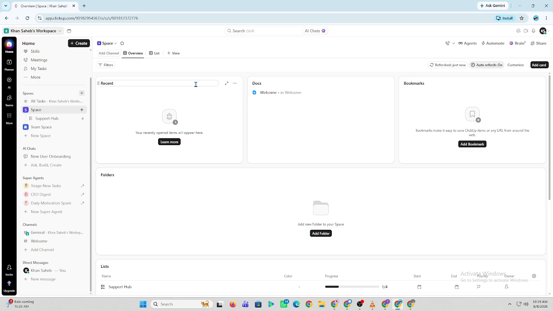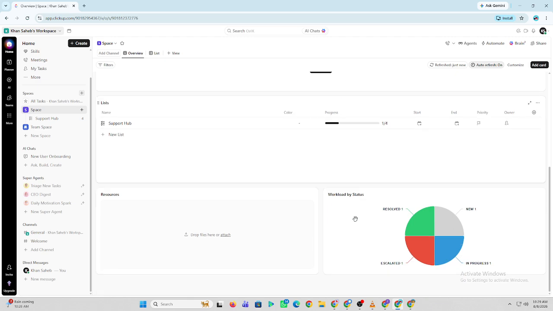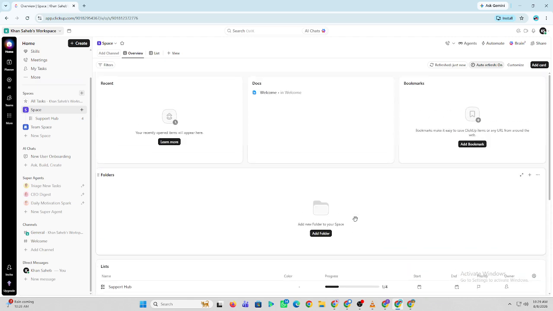Next, create tasks and subtasks, then add due dates, priorities, assignees, descriptions, attachments, and checklists to keep everything organized. Customize task statuses, custom fields, and views such as list, board, calendar, or timeline to match the way your team works. If you're working with others, invite your team members and assign the appropriate permissions so everyone has the right